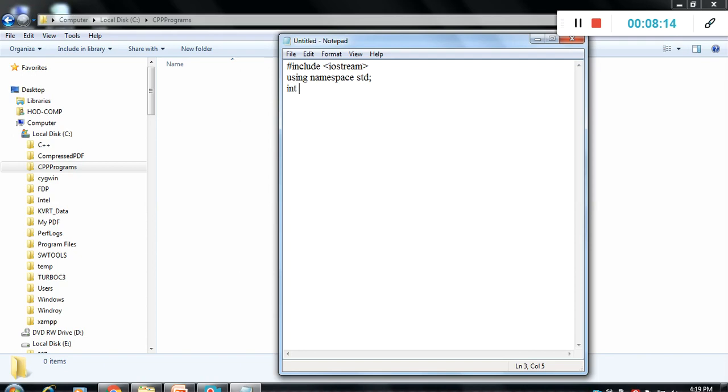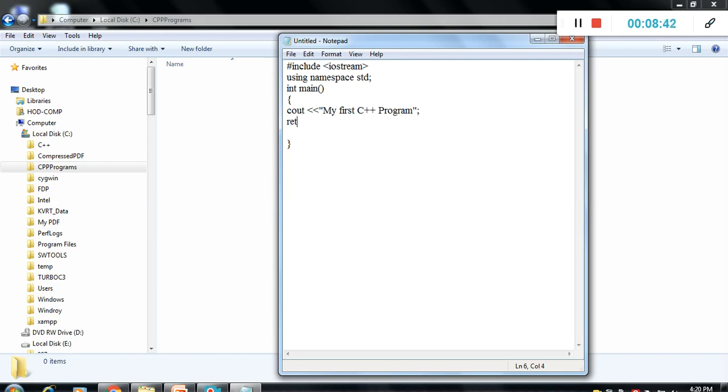Then int main, and in this particular program we just print one line, cout, my first C++ program. It prints my first C++ program on the screen.